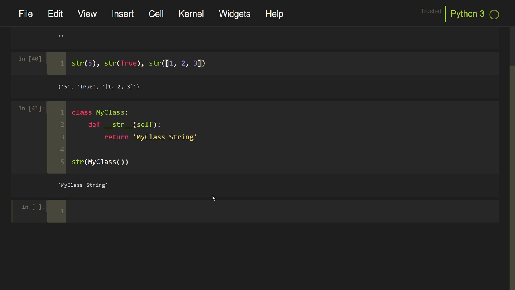If we pass bytes or byte array type to this function, we have the option to mention its encoding and the error handling method. So I will call the string function and pass the bytes object ABC. We have two optional parameters, encoding and error. So in this case I will pass encoding equal to UTF-8. You can also pass error equal to something. In this case I will just keep it default. This will convert this byte stream to a string using this encoding.